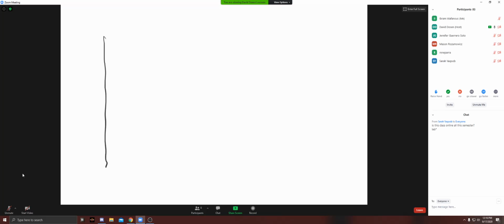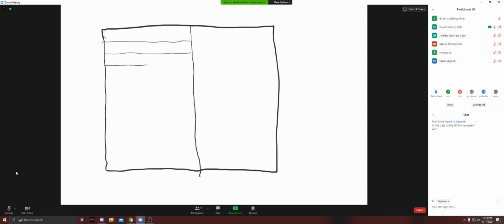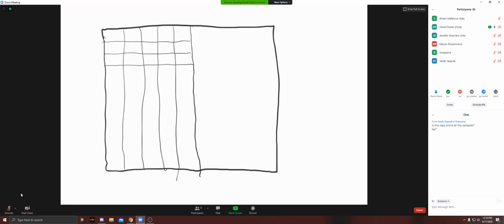It looks more like this. And on this side, you've got the grid. I'm not going to try to draw the whole thing, but it looks something like this. And I think there's 4 or 5 columns. Okay, and then skinnier rows that go